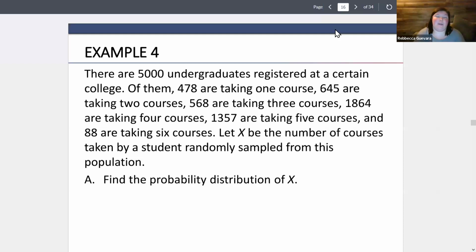All right, so this is another population that we're organizing. This is a population of 5,000 undergraduates registered at a certain college. Of them, 478 are taking one course, 45 are taking two courses, 568 are taking three courses, 1,864 are taking four courses, 1,357 are taking five courses, and 88 are taking six courses. X is going to be the number of courses taken by a student. So if we want to make our probability distribution for a population,